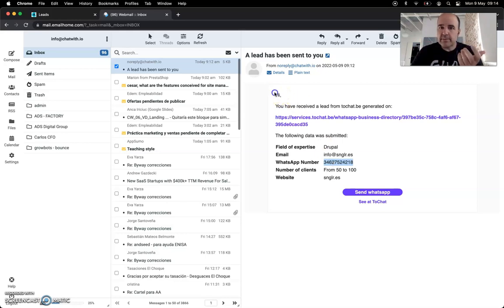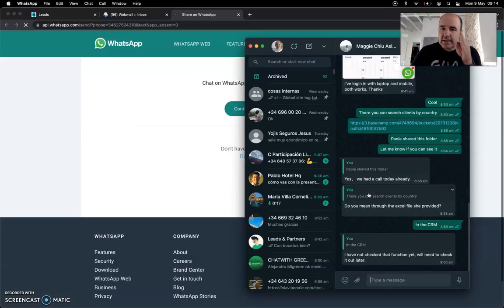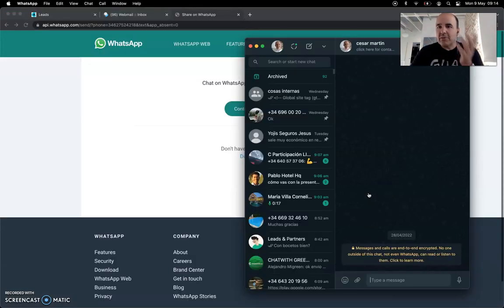So it's a very clean email. And also, we always think about WhatsApp, and you can send a WhatsApp to this customer. So you get the email, there is a phone number, and you can send a WhatsApp to that customer right away. So everything is linked, everything